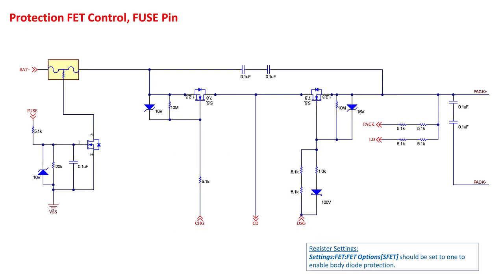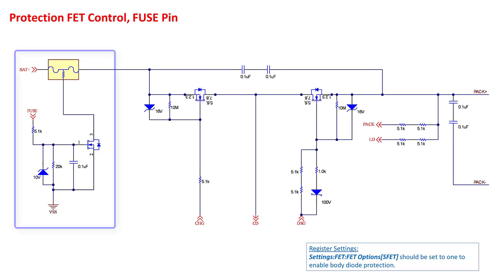Two series capacitors are connected across the FETs for ESD protection, along with two series capacitors from the PAC+ to PAC- terminals. The point labeled CD is the common drain point between the two series FETs. On the evaluation module, this is used to power the Reg-In circuit. This way the circuit can pull current from the charger when it is connected, or pull current from the battery when the charger is not connected.